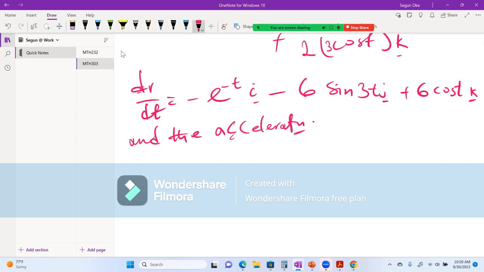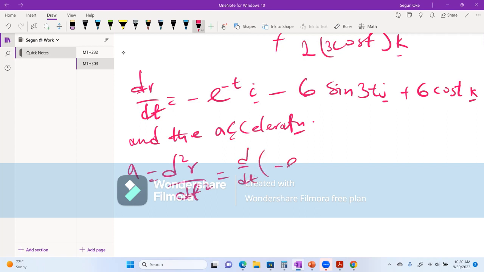So if you differentiate the velocity, what do you have? It will be a equals d squared r over dt squared, which is the same thing as d/dt of minus e^(-t) i, minus d/dt of 6 sine 3t j,